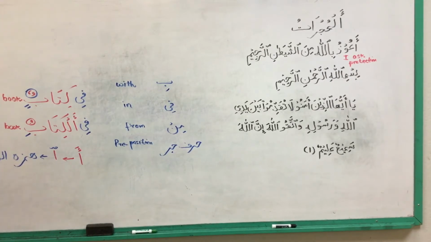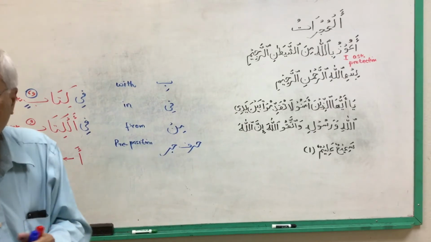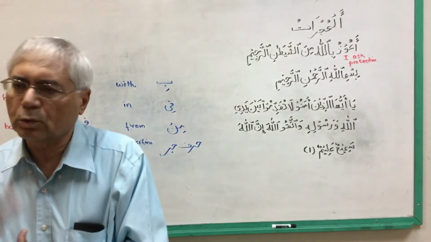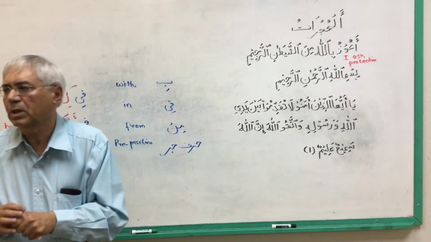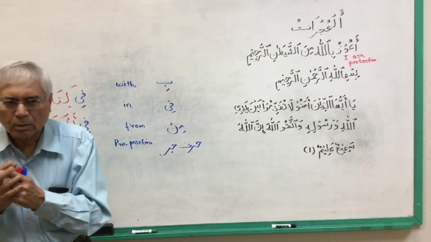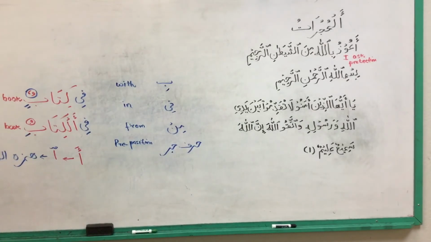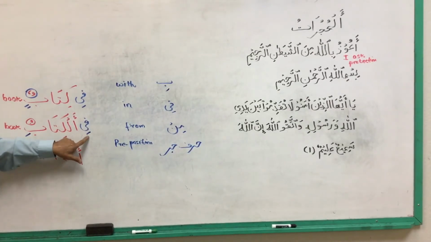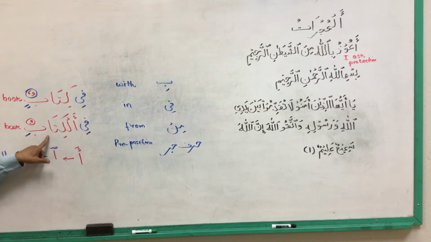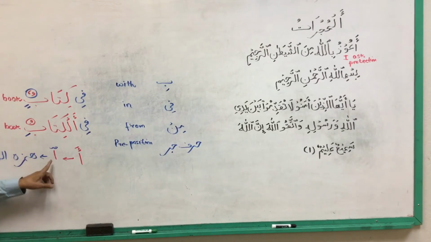Now, Hamza is just a vertical line. The word Wasl in Arabic and in Urdu also means to join something. Wasl means to join. So what happened here? We joined fi and al-kitabu. In the process of joining, we sacrificed this little alif here, the sound of alif. So joining is wasl. By joining the two words, we change the sound of alif,